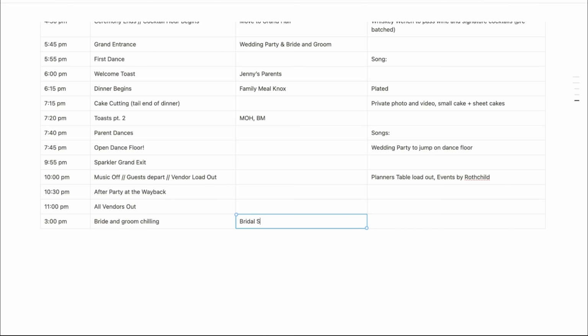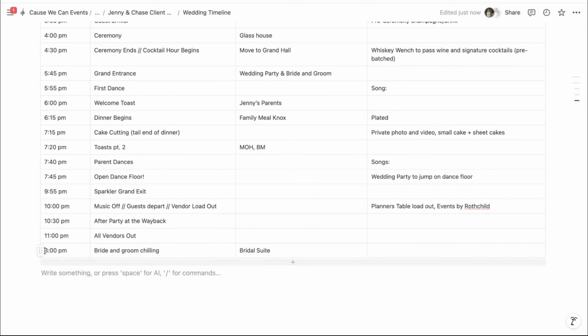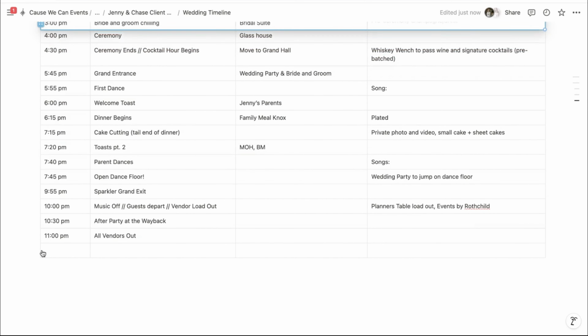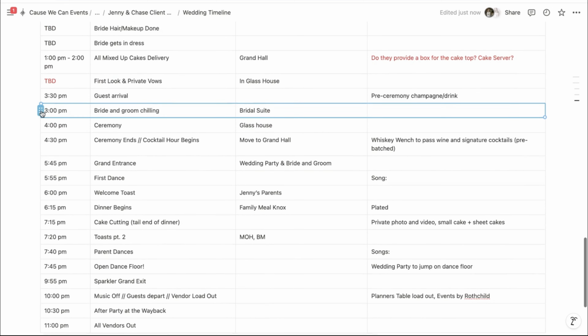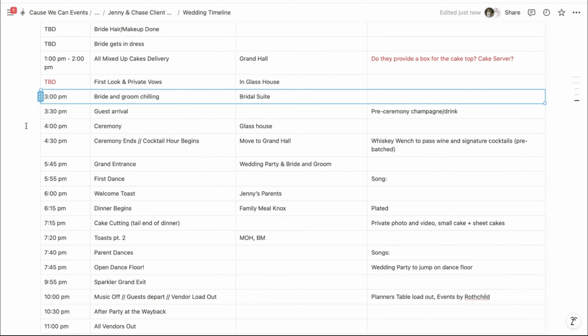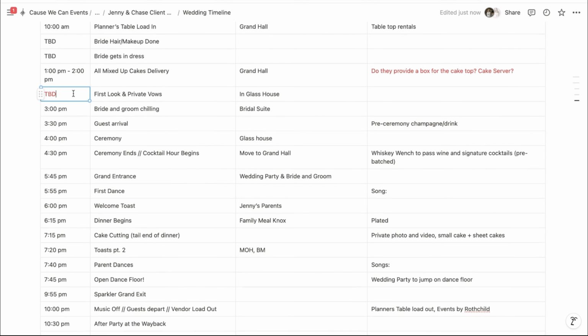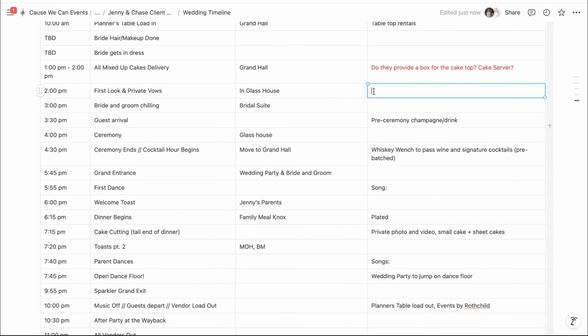Like, they need 30 minutes to just be away, be hidden from everybody and just not be bothered. The wedding party will probably still be there. So by 3, they need to be away. So that means their first look in private vows, to give us enough time to do photos. I mean, do we think 2? Let's try that. I'm going to write a note, confirm with photographer though,